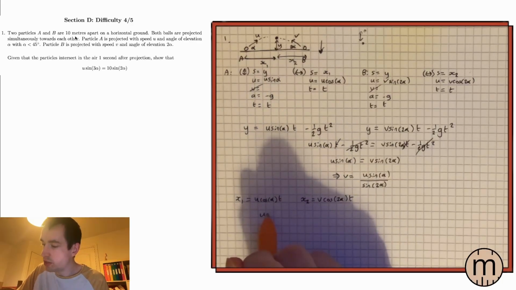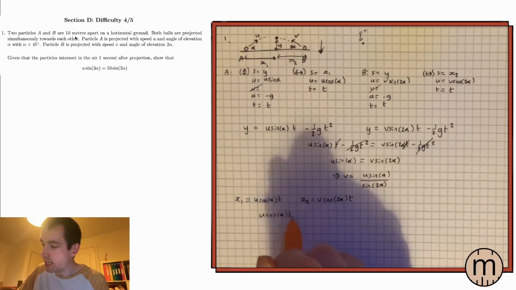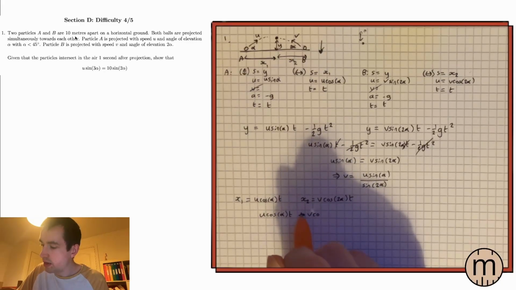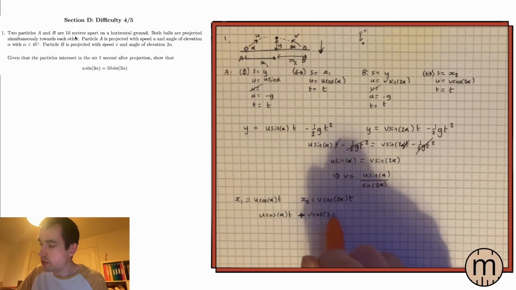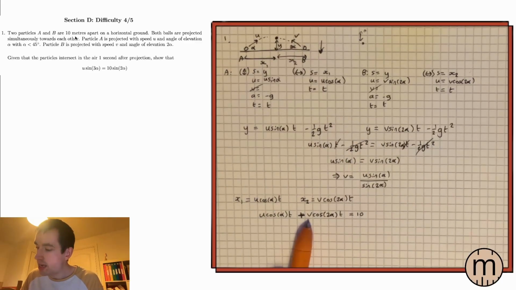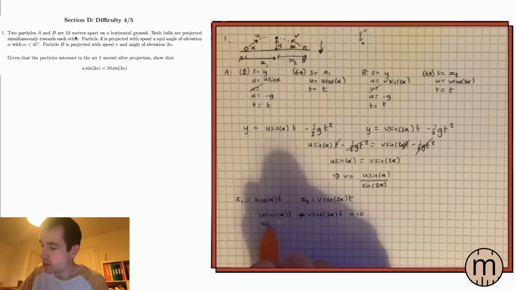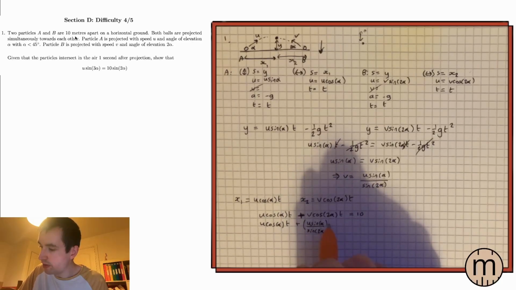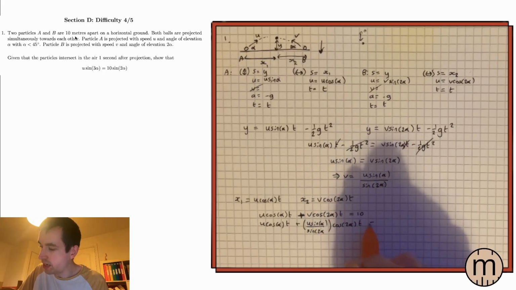So this tells us that u cos alpha t plus v cos 2 alpha t is equal to 10. And you notice I've rearranged for v, so I'll sub it straight in. We get u cos alpha t plus u sine alpha over sine 2 alpha times cos 2 alpha t